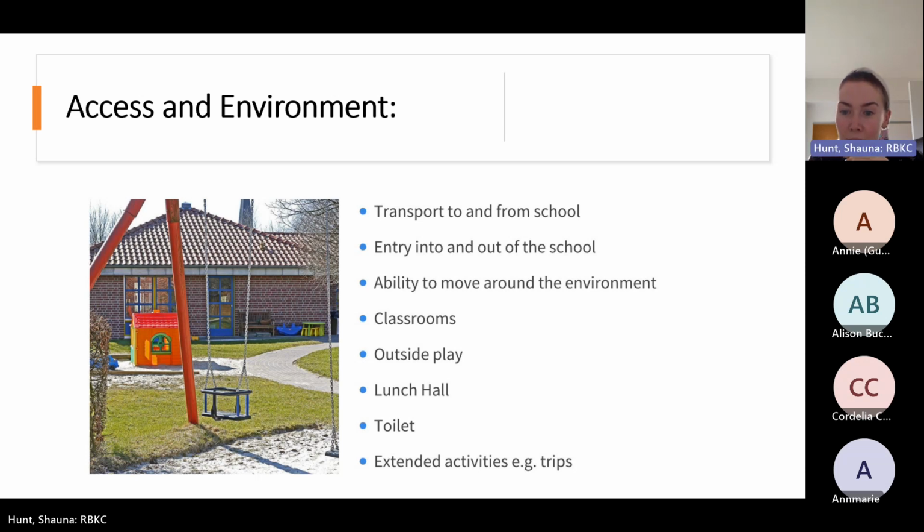A lot of times as well, if a child has a physical disability and your staff are engaging in any kind of manual handling practice, so things like hoists, personal care, helping with transfers, you as a school have to get manual handling training in for your staff. So that's just something to bear in mind as well, making sure you have that all in place.